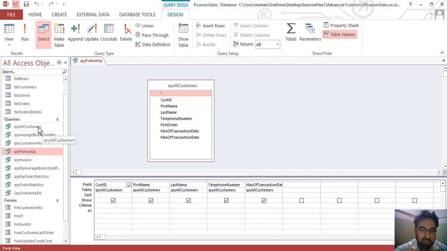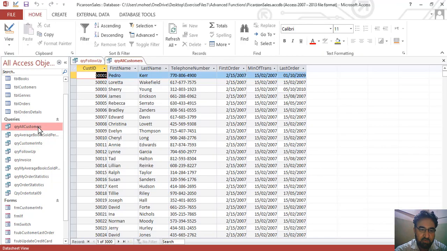To see the QRY all customer query, let's open that. You can see that we have similar fields here about the customer information, and then we have the first order, the min of transaction, and the last order.